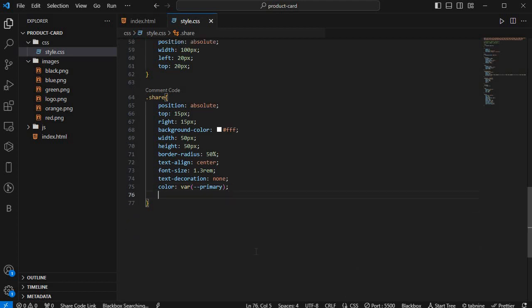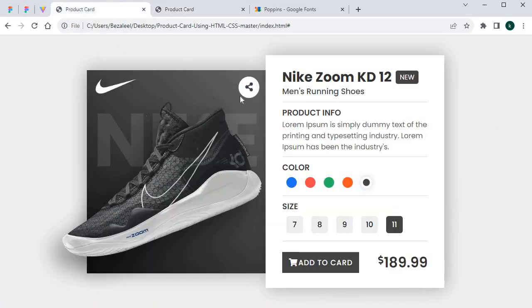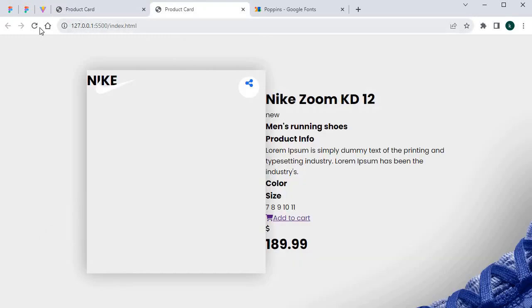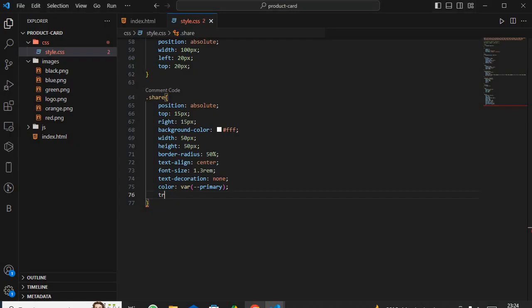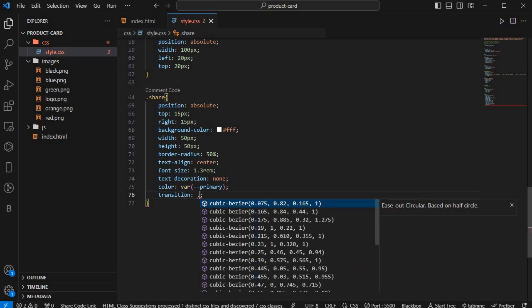Then also let's just add a transition, because according to this, there's a transition that we can see. It grows bigger when we hover it. You can see. But why is this happening? This is meant to be at the center, but it's not. Okay, let's just continue for now. So let's give it a transition of 0.5